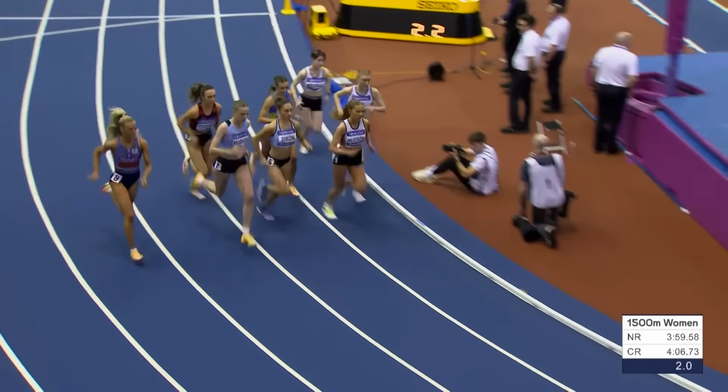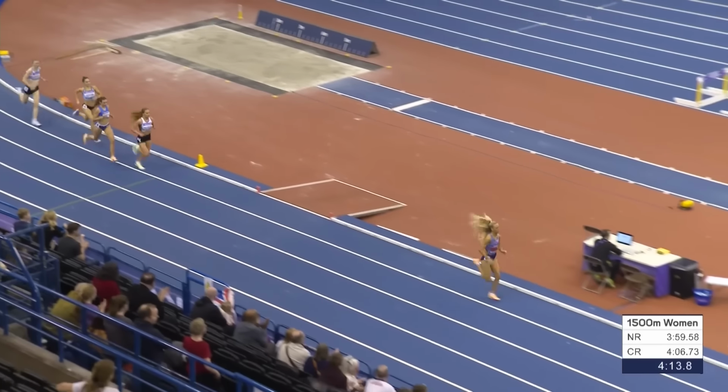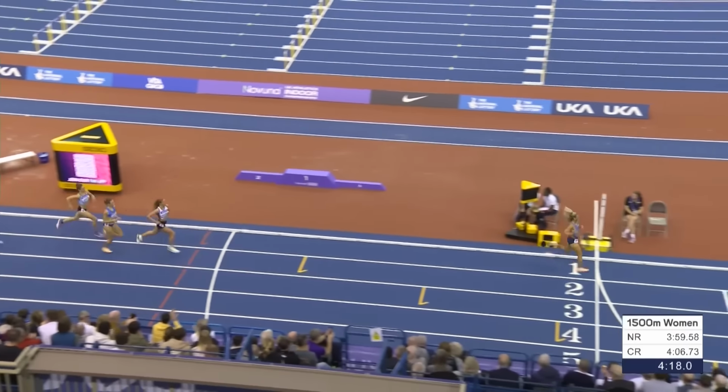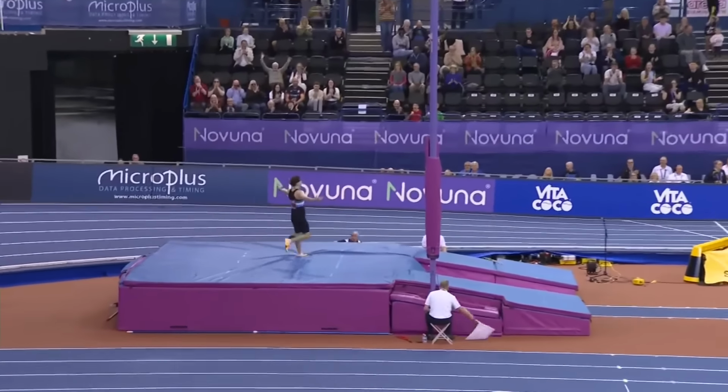Well, Gemma Ricci, that 4th place at the Olympic Games in Tokyo over the 800 metres, is Gemma Ricci jogging through, looking very easy. She looks full of running. 4.18, nice and easy. This was the pole vault earlier on for